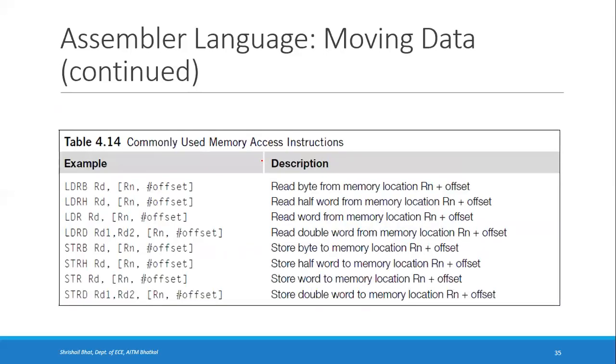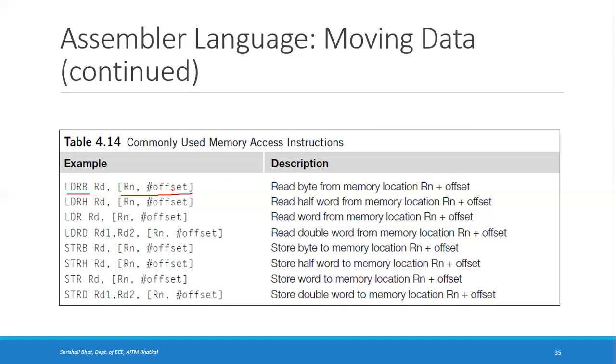Here, these are memory access instructions. This is the syntax of a memory access instruction. LDRB stands for load byte. From a memory location to a register, and the memory location is indicated like this: Rn. The address of the memory location will be in a register. You are using indirect addressing mode in the square brackets. It means the address of a memory location is there in the register, and there can be an offset.